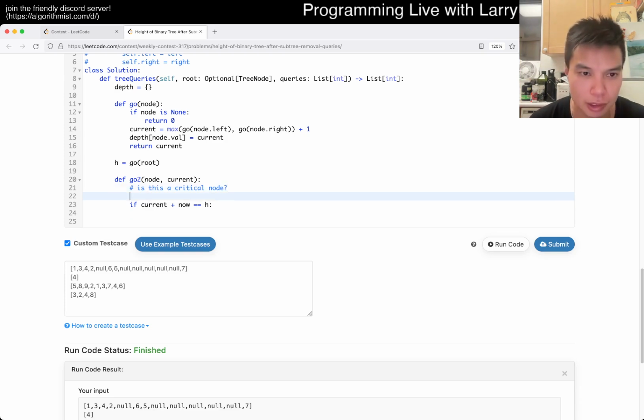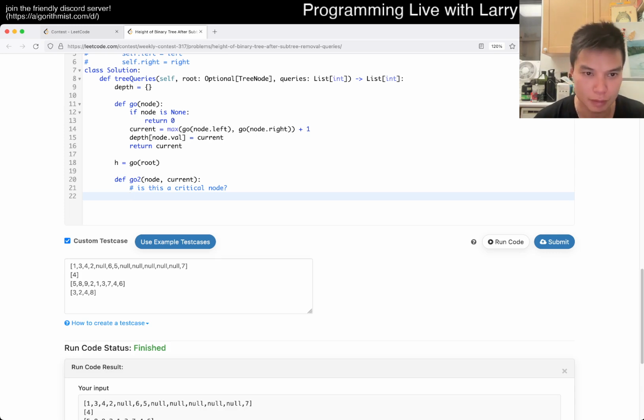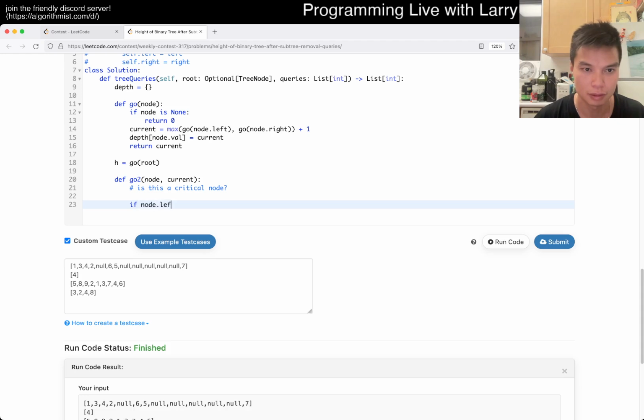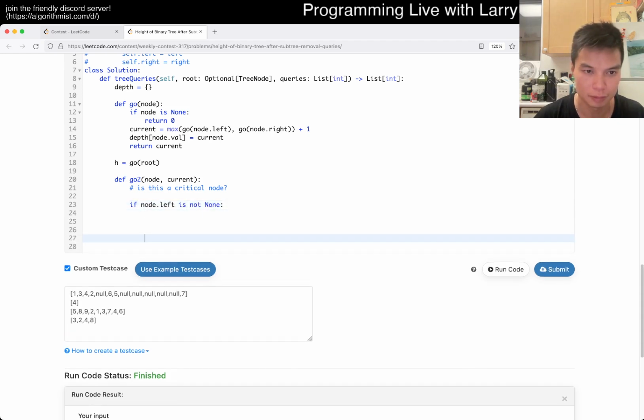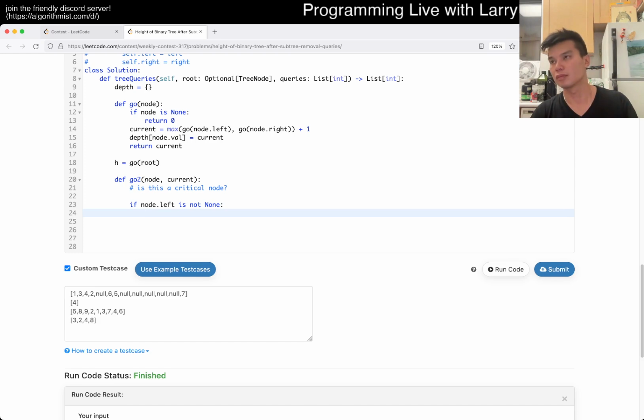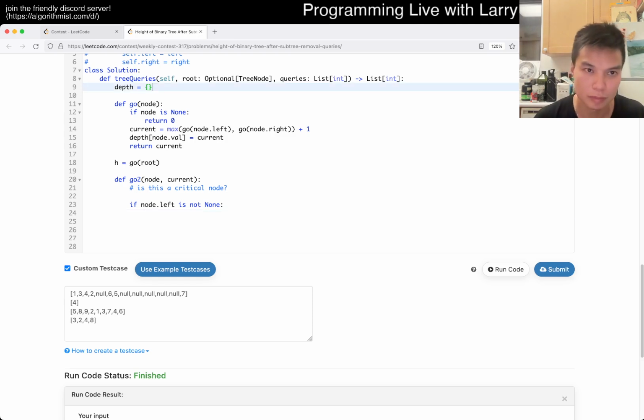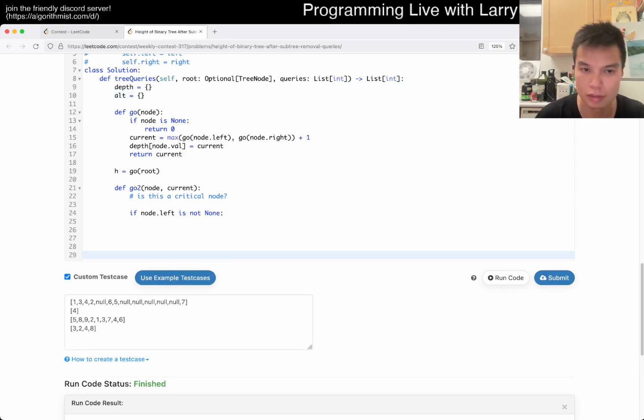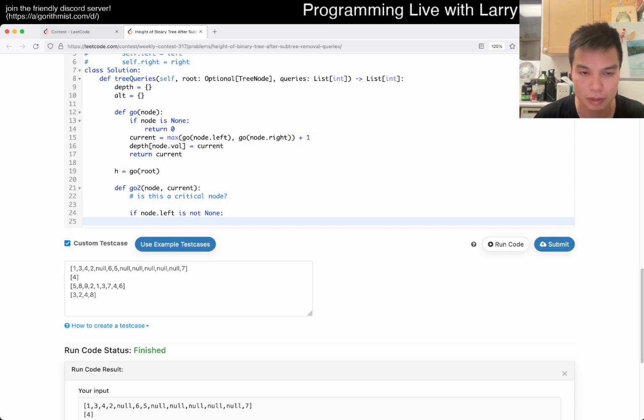Now what we want is actually depth. Basically, if